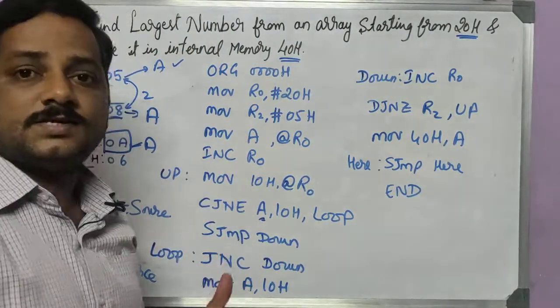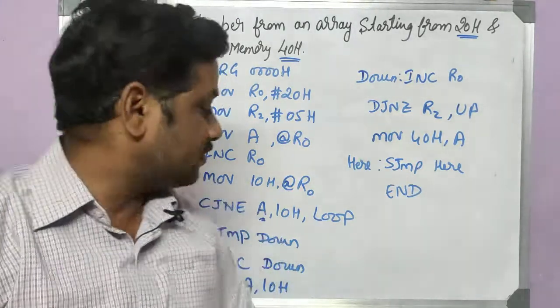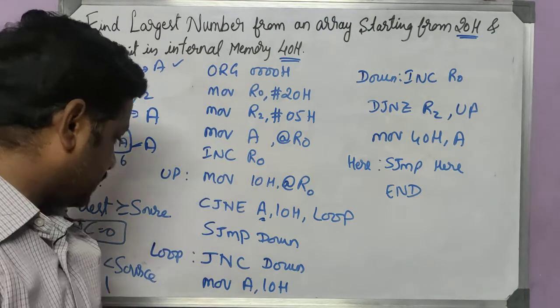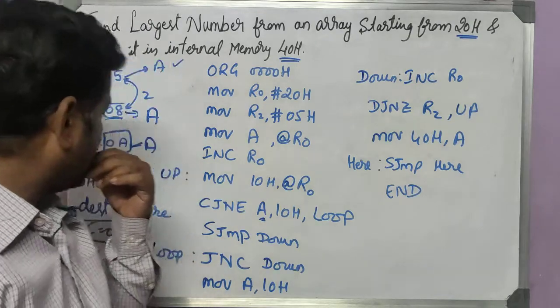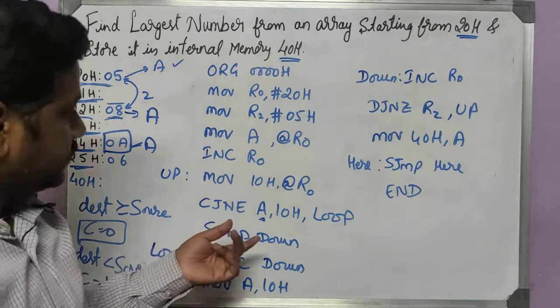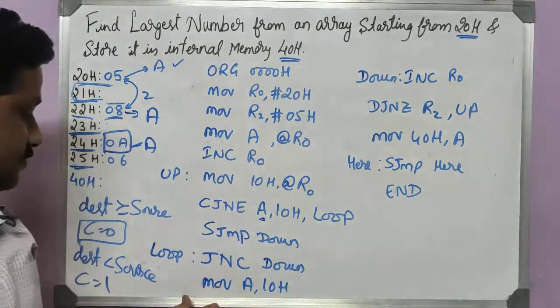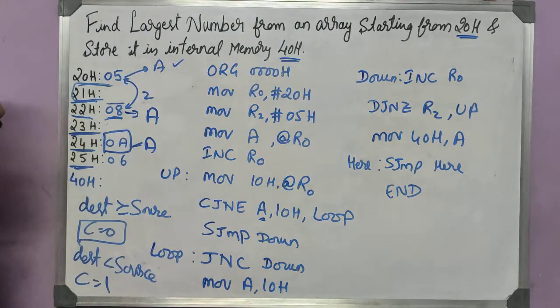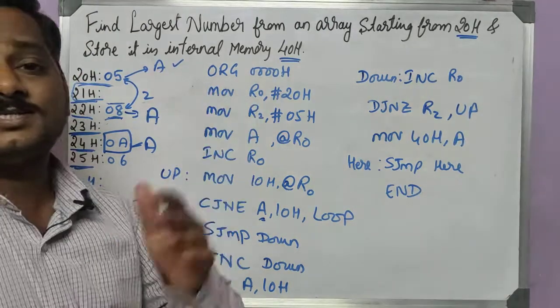Repeat the process. Watch it from the beginning to the end, so that you can understand the concept easily. And here, one point, I think we made a mistake at this line. Here MOV A, 10H. You can do it this way, or instead you can also take MOV A, @R0. You can try it like this only. MOV A, 10H is correct, not a problem. Okay. So now let's go for the smallest number.